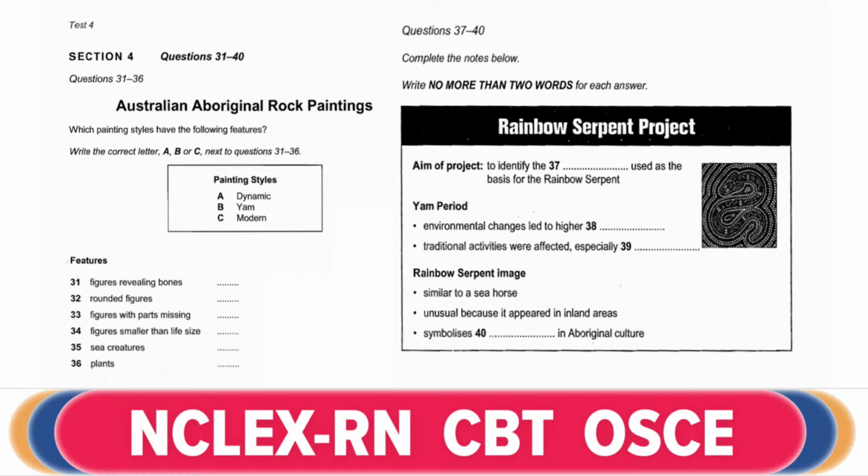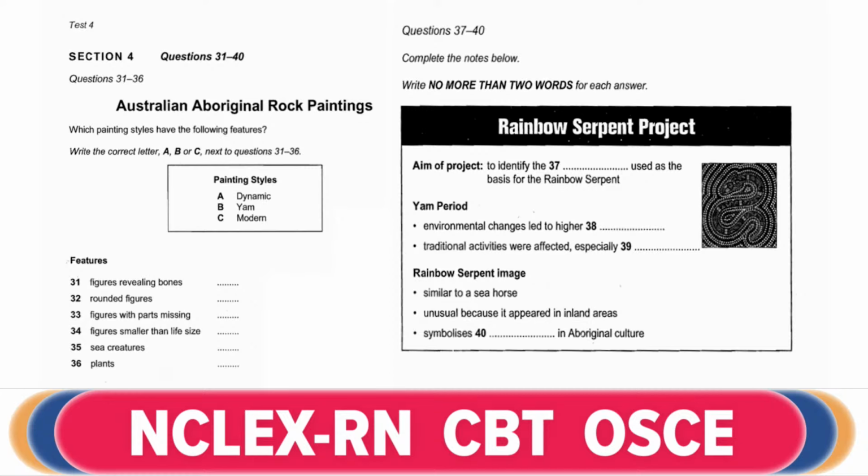So these paintings have already taught us a lot. But one image that has always intrigued us is known as the rainbow serpent. The rainbow serpent, which is the focus of my most recent project, gets its name from its snake or serpent-like body, and it first appeared in the Yam period 4,000 to 6,000 years ago. Many believe it is a curious mixture of kangaroo, snake and crocodile.